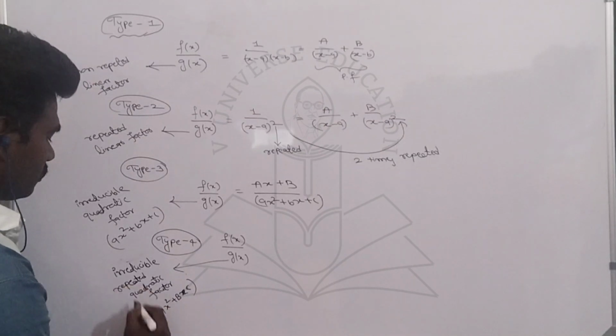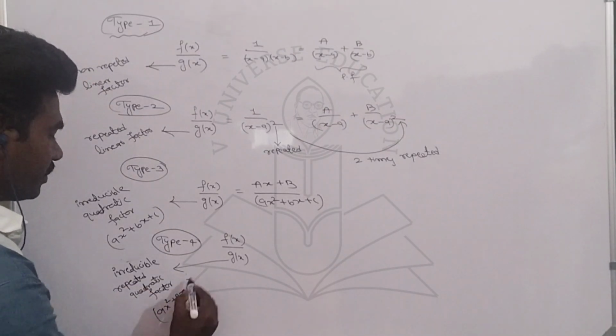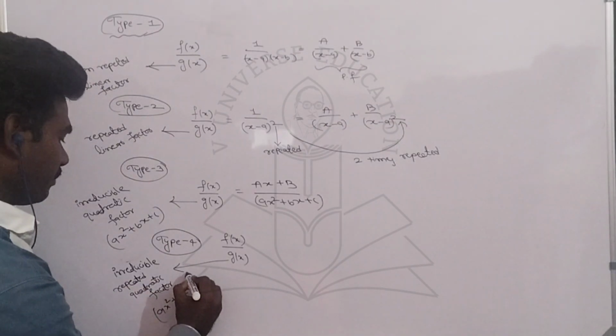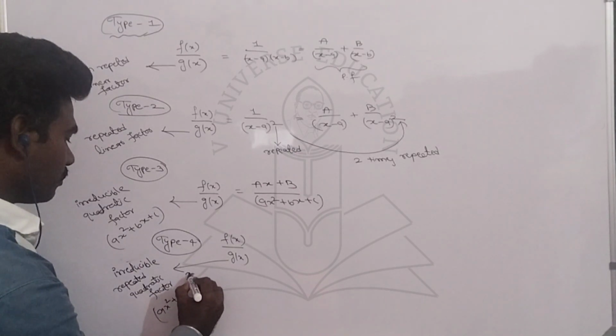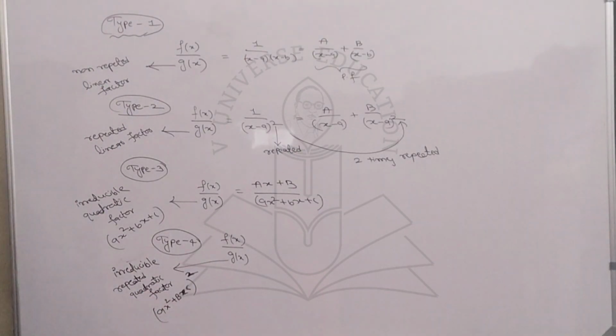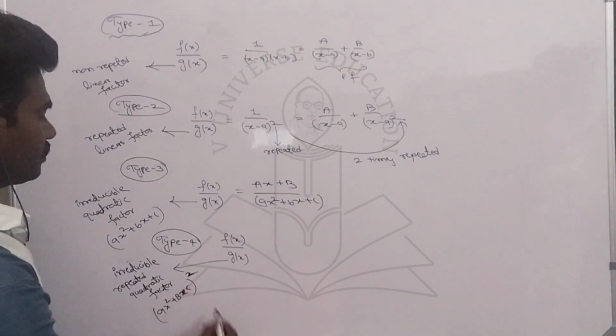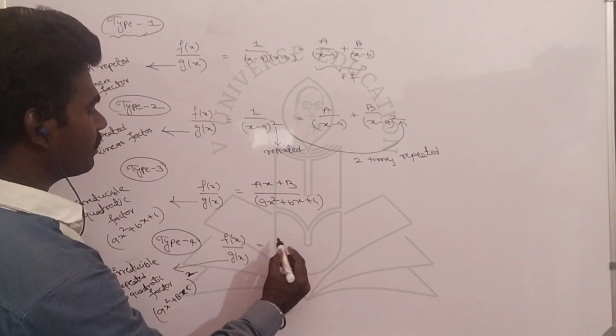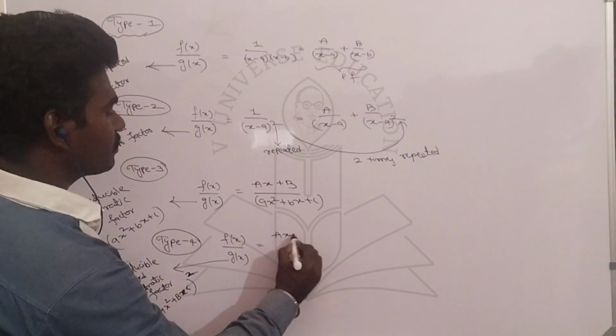Here this irreducible repeated quadratic factor means it is repeated, here to the power 2 we are taking, so this is 2 times repeated, so here we can write this one: ax